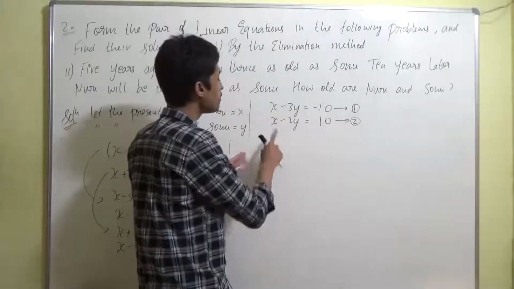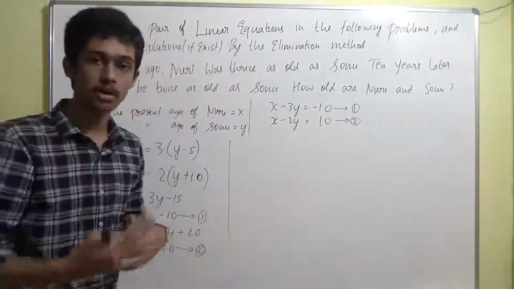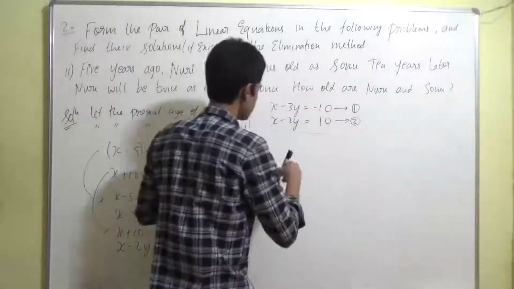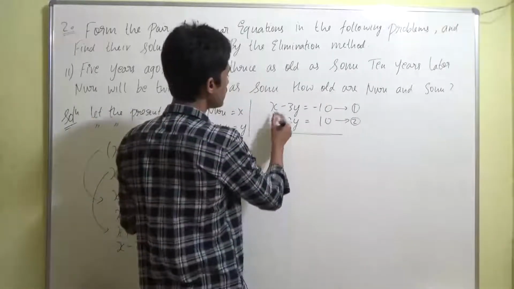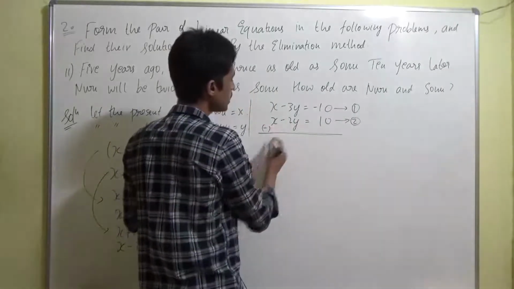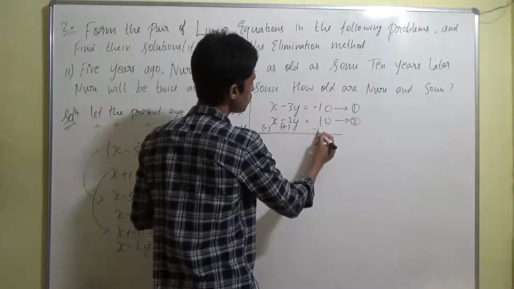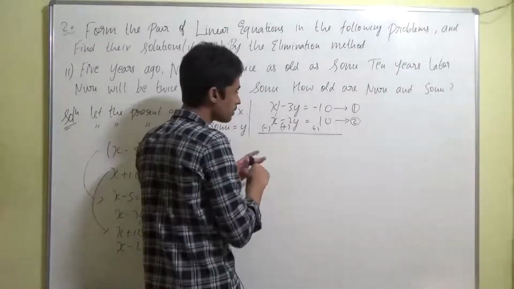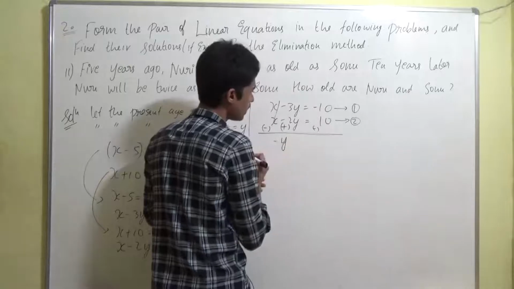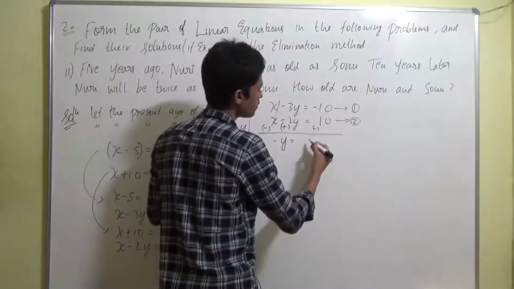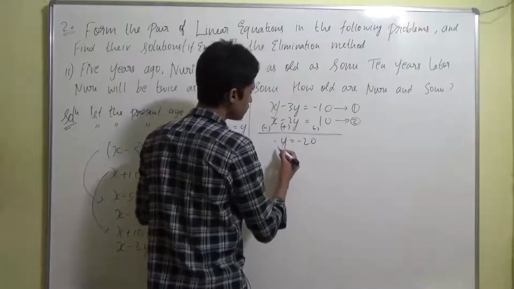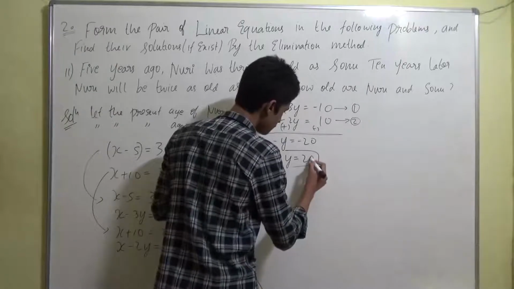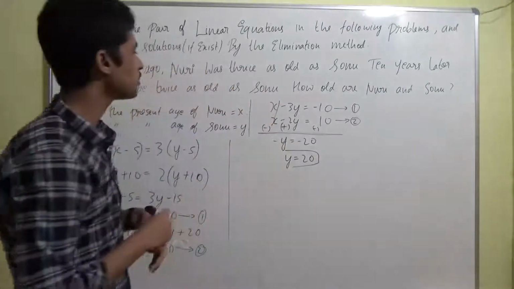So we'll do one thing, but here if you see, both the terms are already the same, so our work of multiplying is reduced here, right? So it's going to be easy. We can just subtract it so that it will get cancelled off. Subtraction means plus will become minus and minus will become plus, and plus will become minus. So plus x and minus x will get cancelled, and here minus 3y plus 2y becomes minus y, right? Equal to, this becomes minus 10 minus 20, which means minus minus will get cancelled, then y will become equal to 20, right? That's it, no? So we found the value of y.